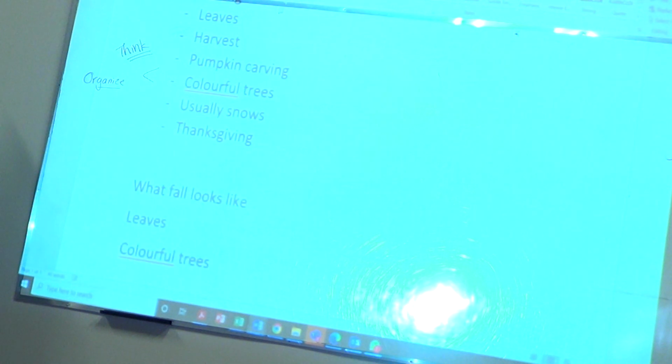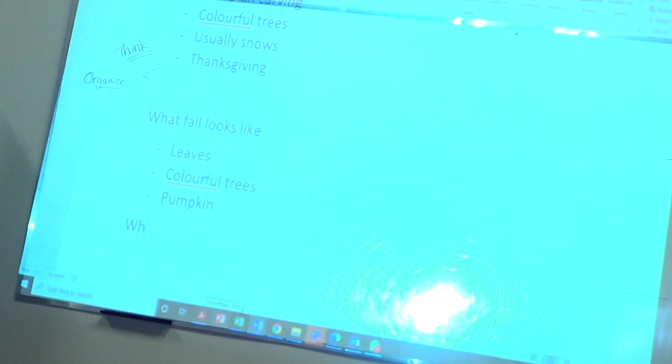Okay. Now we have leaves, we have colorful trees. Now can we ask ourselves, what else does fall look like? What other things do you see in fall? So we see leaves and we see colorful trees. Is that all we see? Pumpkins. Okay. People have pumpkins outside. Maybe harvest. Okay. Well, what if we had another